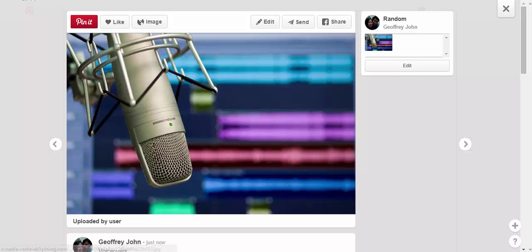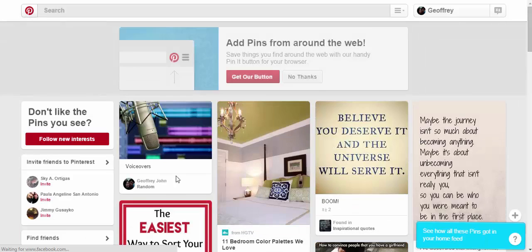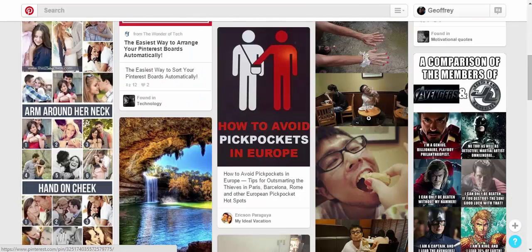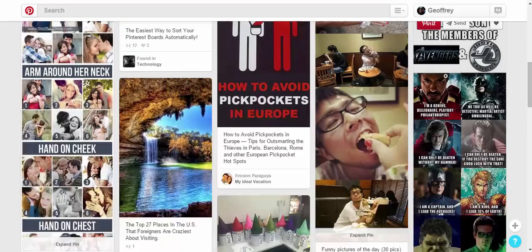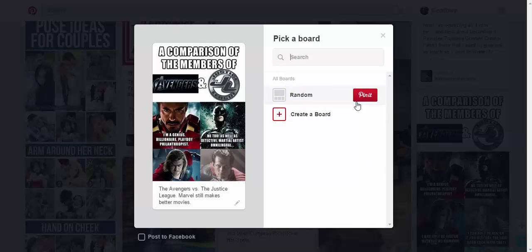Now, another option for how you can fill your board with media is to go ahead and click on home, clicking on the Pinterest icon over here, and select any image, depending on who you're following and the network that you're connected to. Network meaning the people you're connected to. You can pin an image on your board. It's like having it under your favorites, or sharing it on your personal board. When I click on pin it, it will ask me where I want to pin this image. As you can see, I can pin it under random,